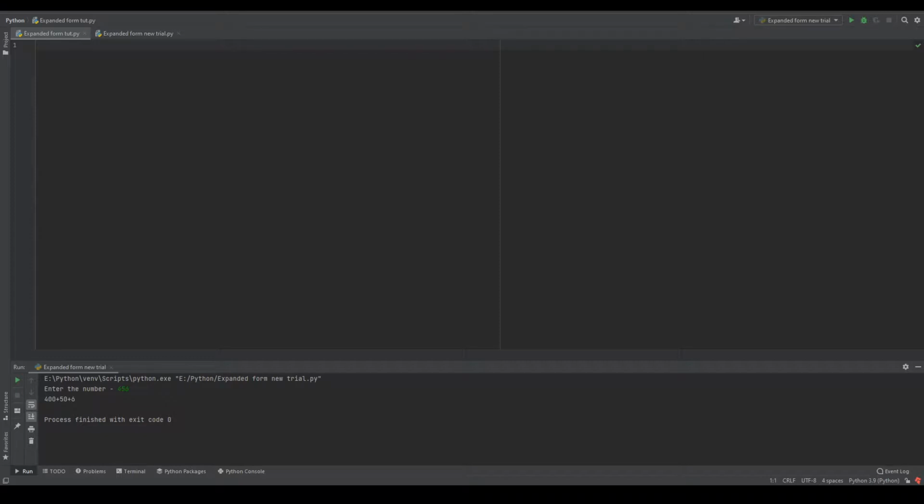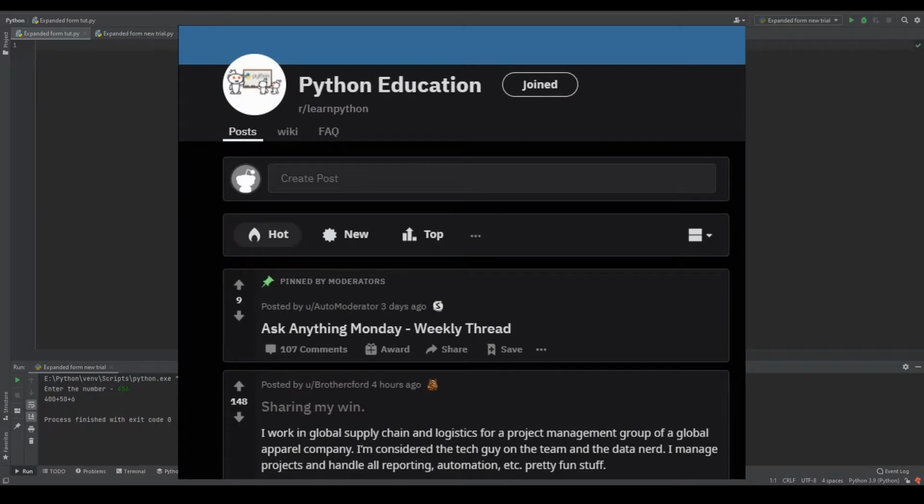So I searched on YouTube and Google for other solutions to this problem. Although I was able to find some videos and articles, they were not very beginner friendly in the explanation of the solution. And the whole point here is to understand the underlying logic of the solution. Anyways, I spent almost 6 hours banging my head on this problem. Finally, I felt defeated. I went to the Learn Python subreddit.